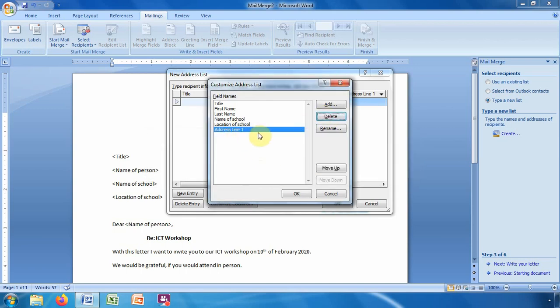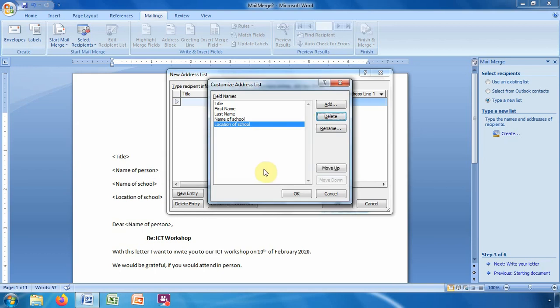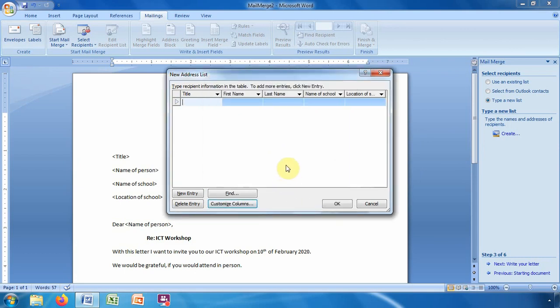Now we are on address 1 and it is the last we don't need in our fields. So we delete it and say yes, and that's where we shall stop. After doing that, we click on OK. So now we have got the fields that we wanted, but however, if you want to add more fields, then